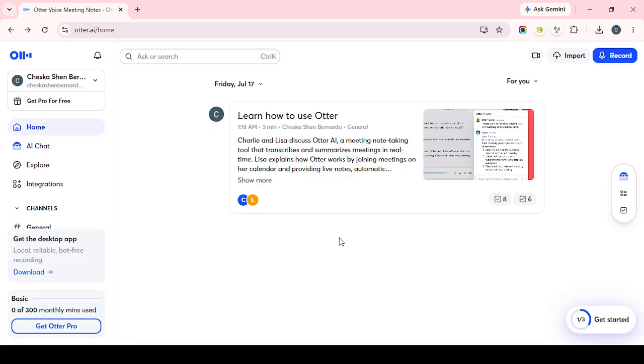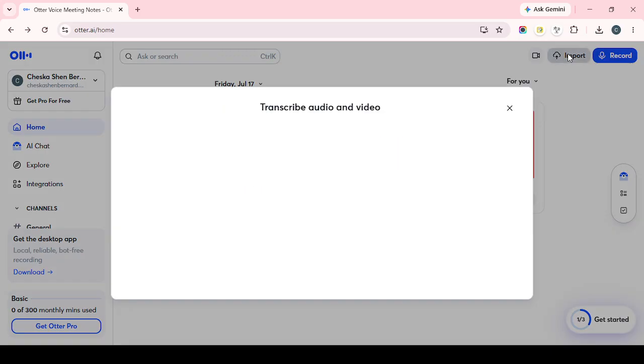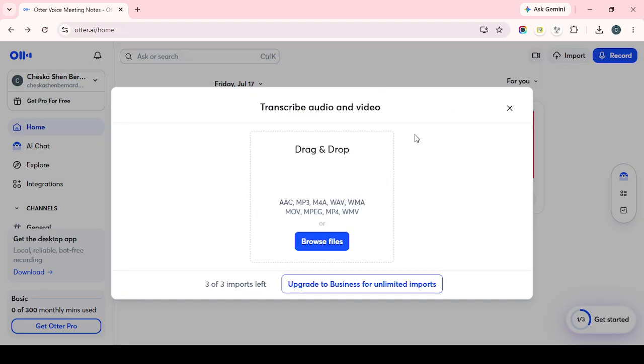Once you have the downloaded audio or video file ready, go to Otter AI and open the platform. After you're inside your workspace, look for the Import button and click it. This is the option that allows you to bring in an existing file from your computer so Otter can transcribe